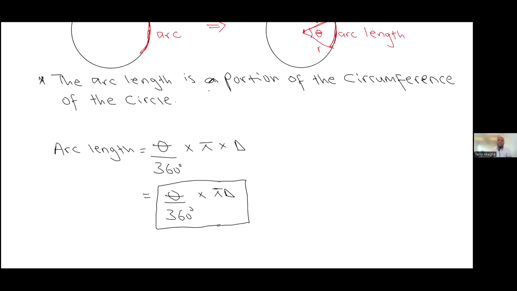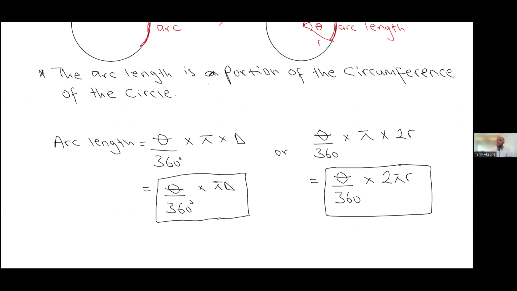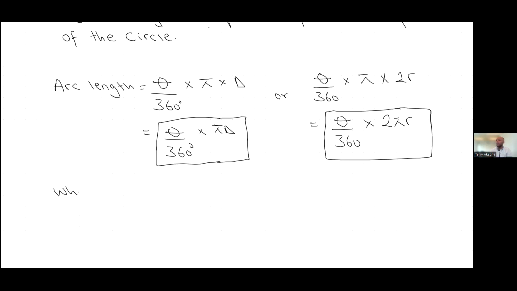So that means I can rewrite this again as theta divided by 360 multiplied by pi multiplied by 2r, where r represents the radius, all right? So this gives us theta over 360 times 2 pi r. So you can use this formula or you can use the other formula. So in this case now, we know theta represents the angle subtended by the arc length,